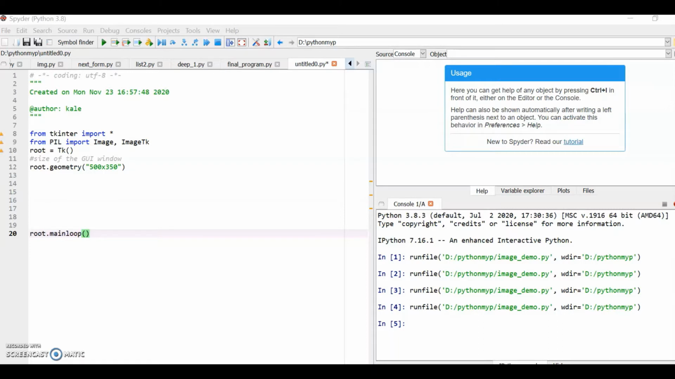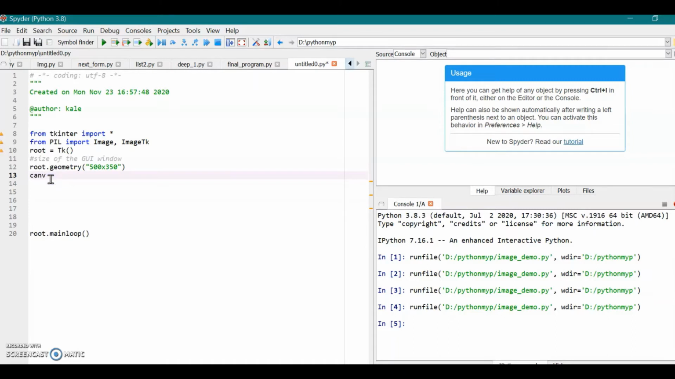Then for displaying the window, we are writing here root equal to Tk(), root.geometry to set the size of the GUI window. Now we'll write down the canvas object. We'll create a canvas object, canvas equal to, this is a variable, Canvas(root, comma. You can give the width of the canvas with width equal to 300 or as per your requirement,